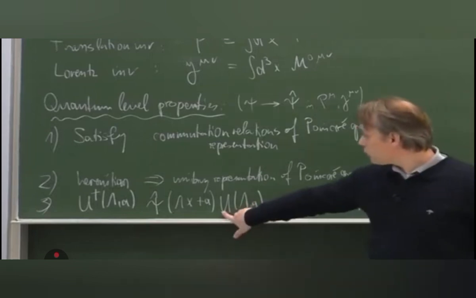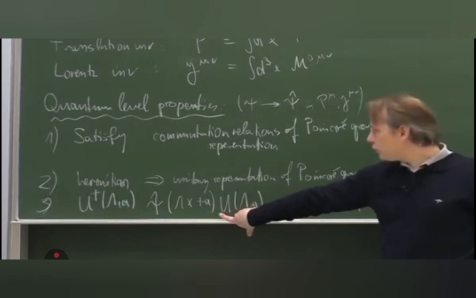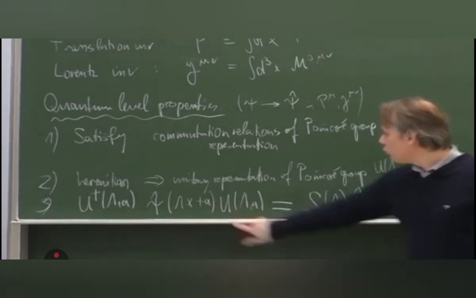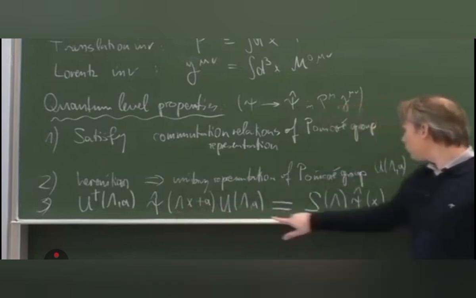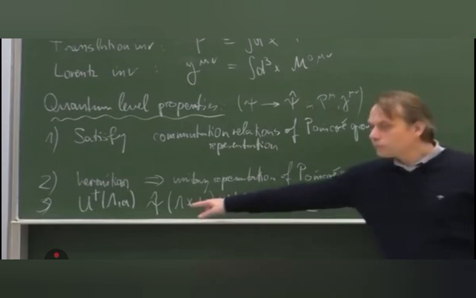And that is our unitary representation of Poincaré on the Hilbert space of states. It's a unitary operator on an infinite dimensional vector space. So this representation, that representation, and this, they are combined here, and our field operator psi hat of x satisfies